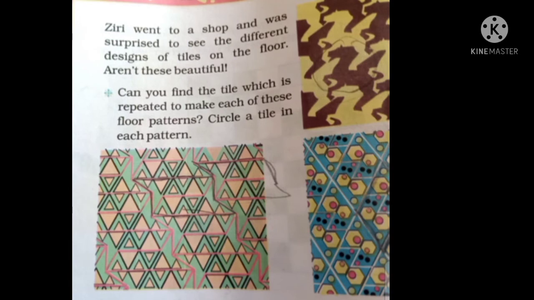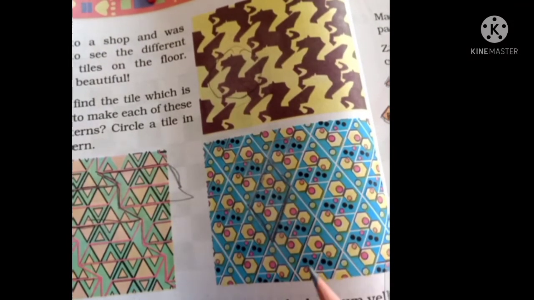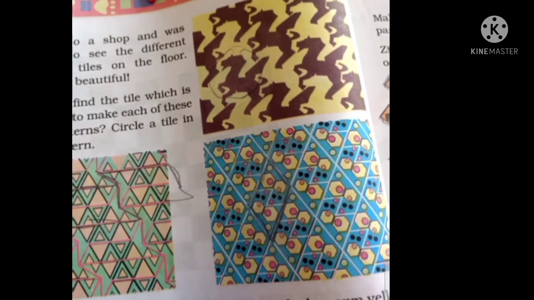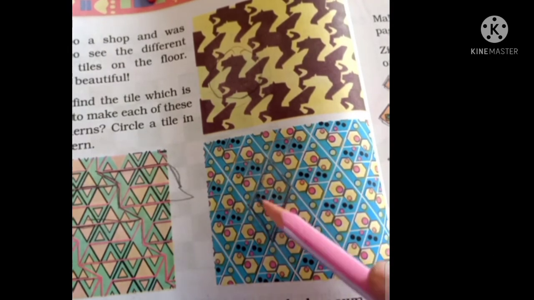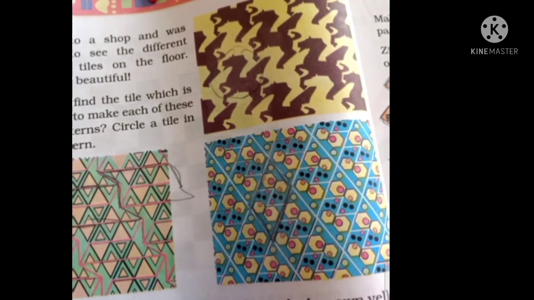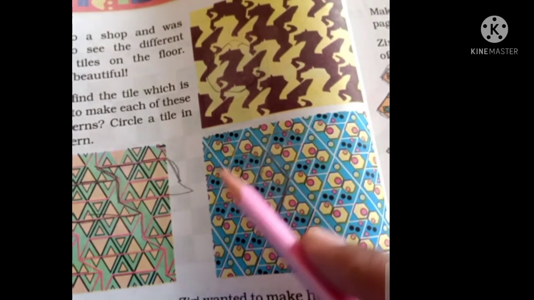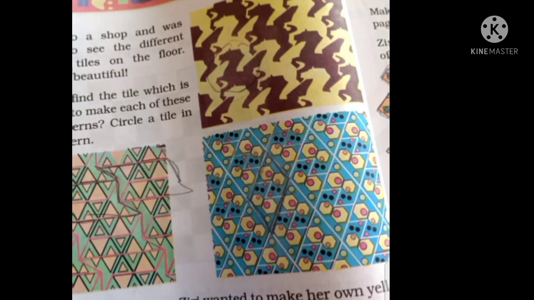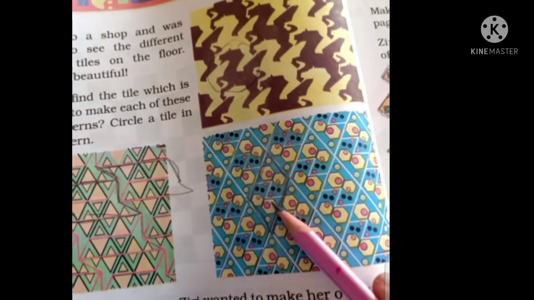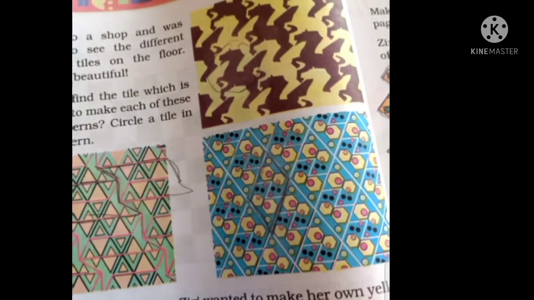The next one is here. Can you see the blue one? So which one is a tile? One of the tiles and gives a tile pattern. See this one. I made it dark also. So this is like a rhombus shape. We arrange like this way and which gives a tile pattern without leaving any gap. So all these three patterns are giving the tile pattern without any gap. Okay. So everyone make this tile dark also and here also, and here you have to make the circle. Okay. So let's go to the next one.